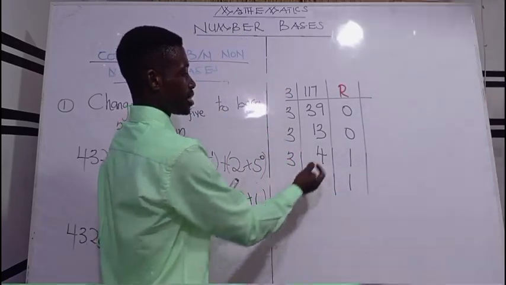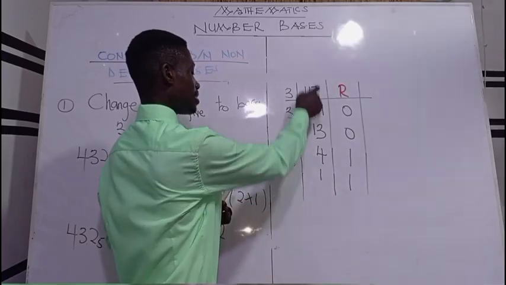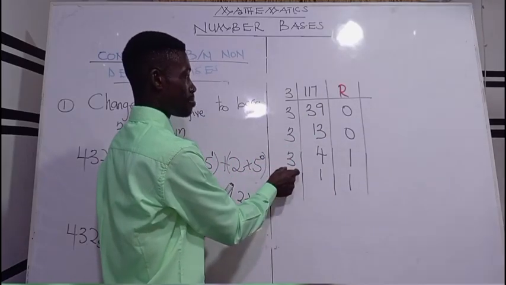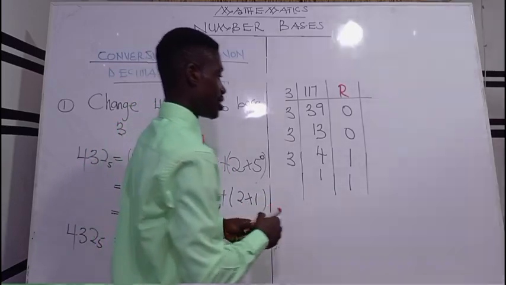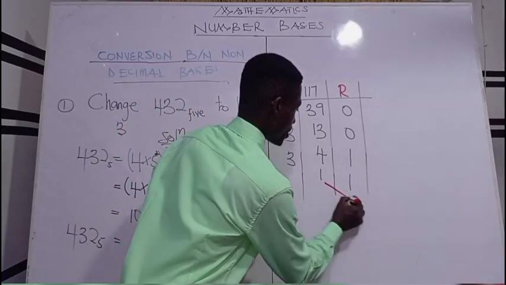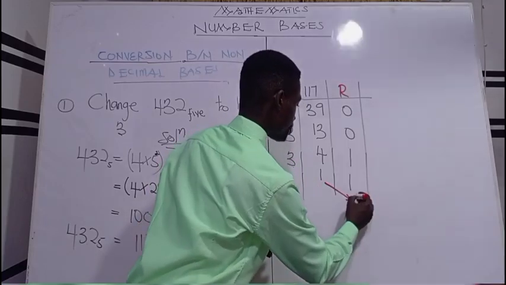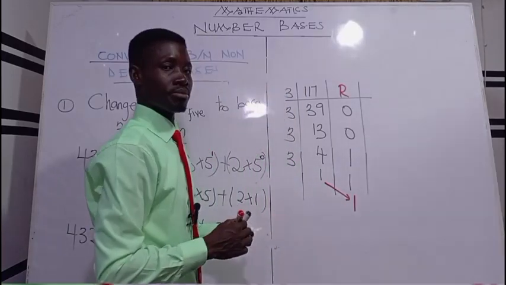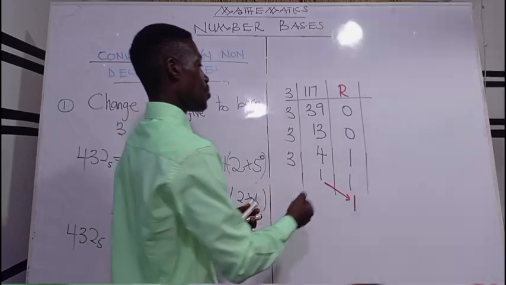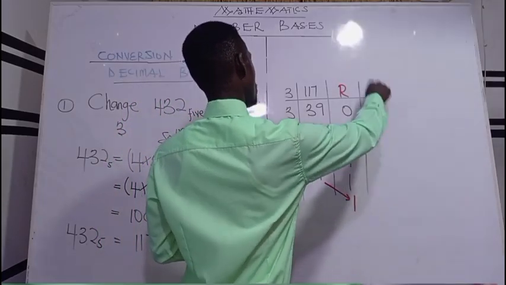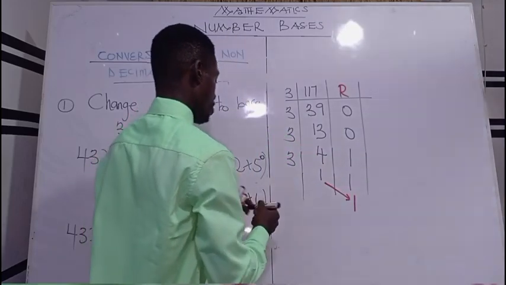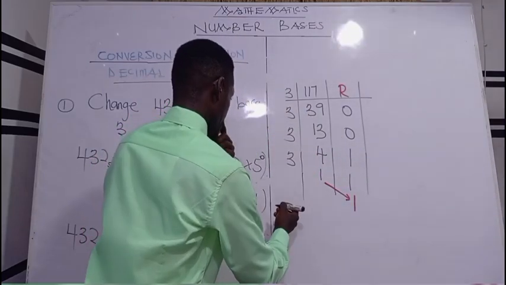Now realize that the last number in the second column is less than the number in the first column. So we end our division, and then we are going to add this number to the remainder column. So the last step says that we should start reading the answer from the bottom towards up. So we can say that